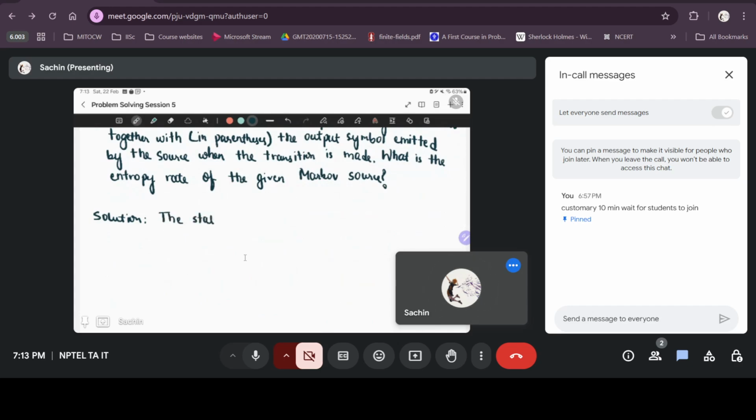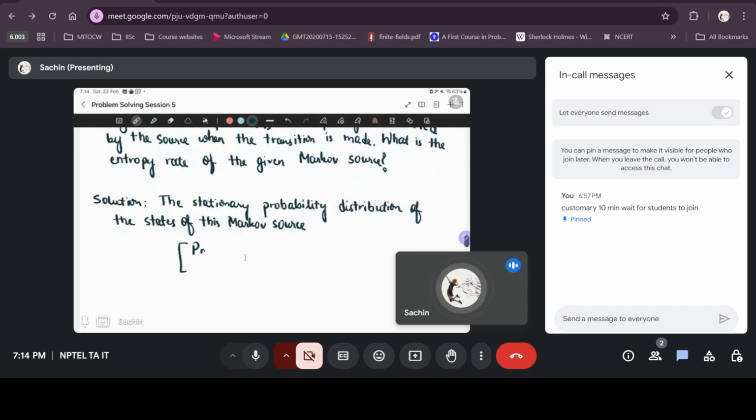The stationary probability distribution of the states of this Markov source can be written as: the probability that you go to state A at time t plus 1 is 0.4 times